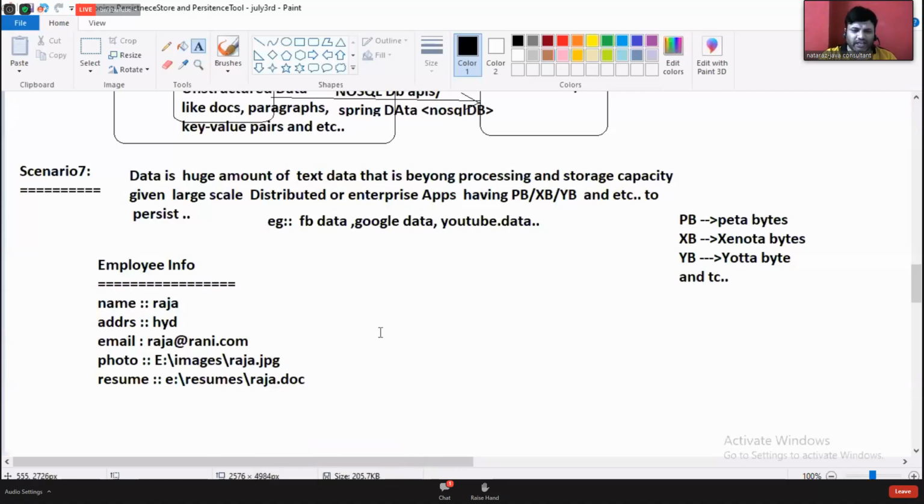That is not striking to my brain today. So this is one model: writing their location directly. Another model is you store them in a software, and the software will generate one unique number for every photograph, audio, video, and document file. Get those numbers and keep them in the database.